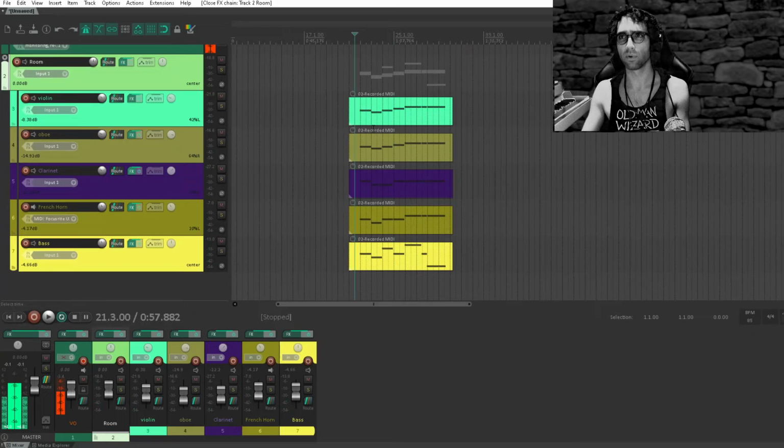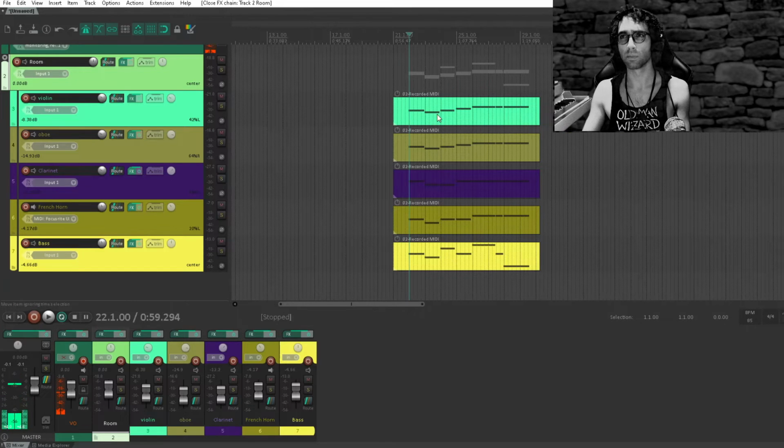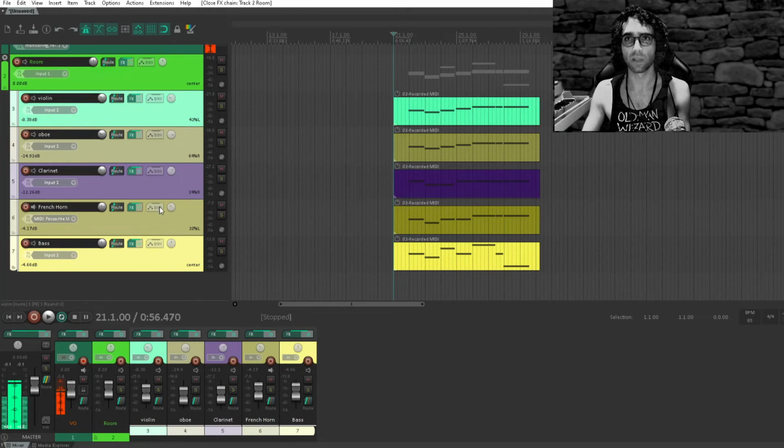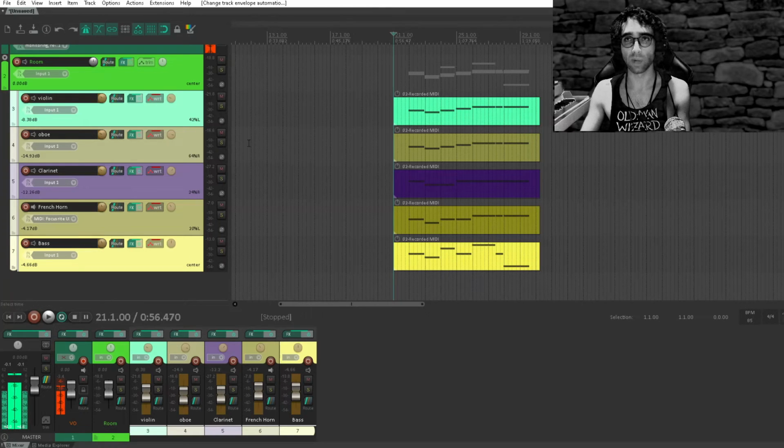One last step for getting some realism into these instruments can be to add some automation to your volume. With fancier orchestral instruments, sometimes we'll add automation to other features, like the velocity, so that we get different samples triggering. But on a simple synth like this, you're not going to get much mileage out of that. Again, I'm going to do this on my control surface to speed it up. I'm going to do these all at once, so this is a little bit reckless of me, but I'm setting all of these to write, and now